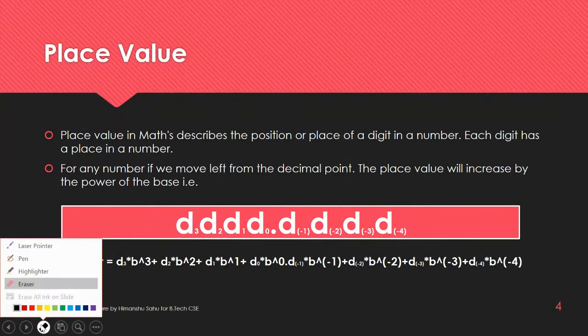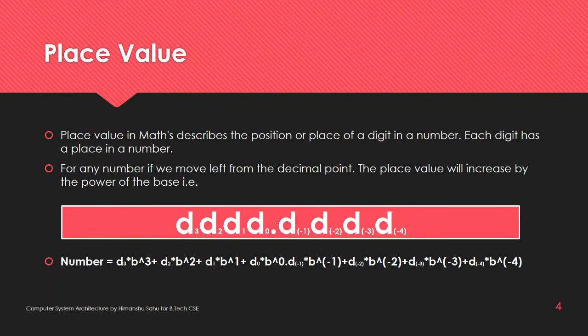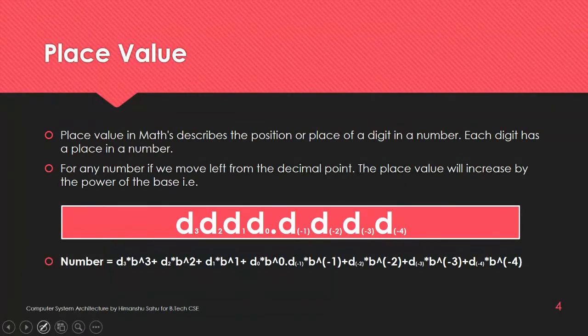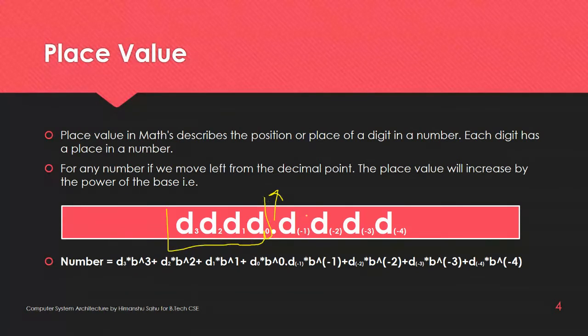This is your decimal point. So in every number system, this decimal point is present. This decimal point basically represents whether you are working with fractions or with integers. Beyond this, if the measured quantity is in integers, the place values will increase. If it's the fraction part, the fraction part will be represented after this symbol. And a fraction will always be less than one, right?